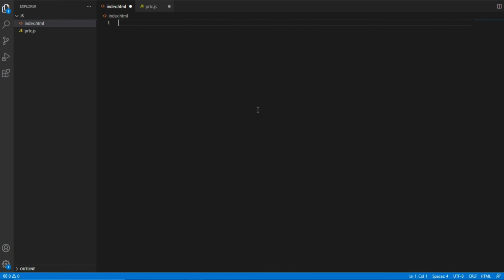Coming to the coding part, I have created two files: one is index.html and the second one is prpc.js.